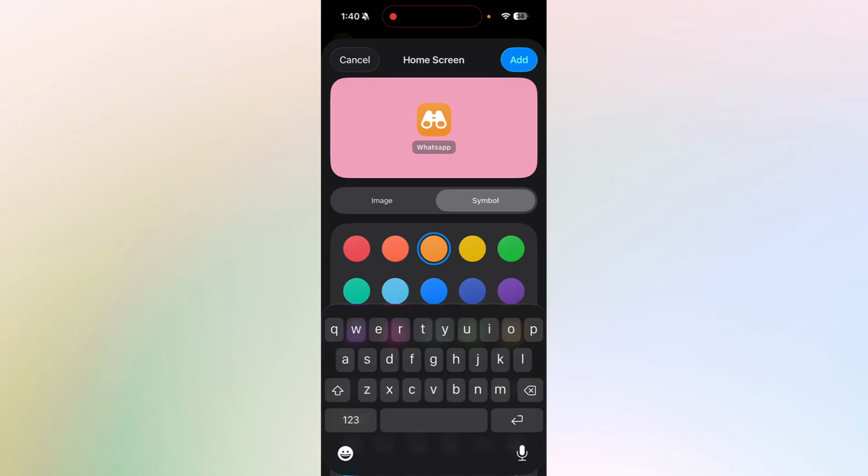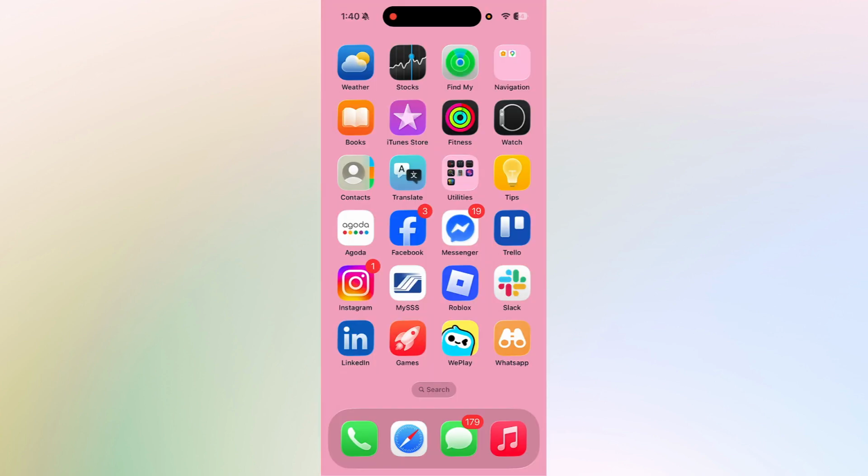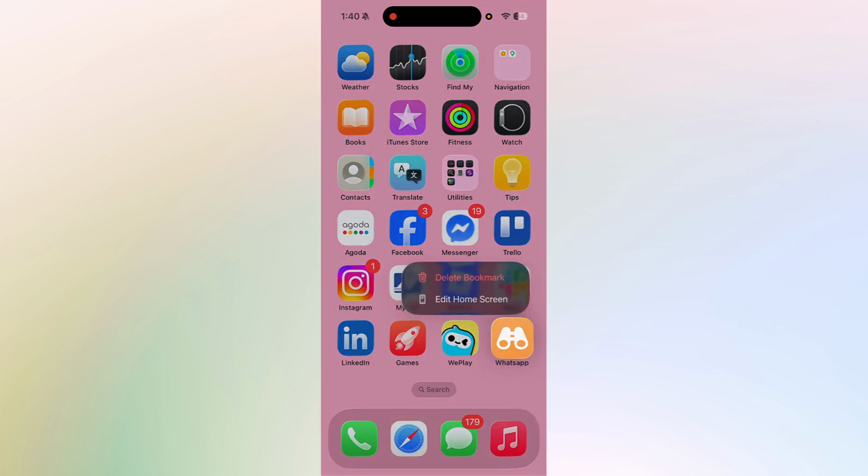Now, once you're satisfied, just click on the add button in here and the new icon will now appear on your home screen. You can go ahead and move the original app icon to the app library if you don't want both icons to be displayed. And that is just basically it. You have successfully changed an app